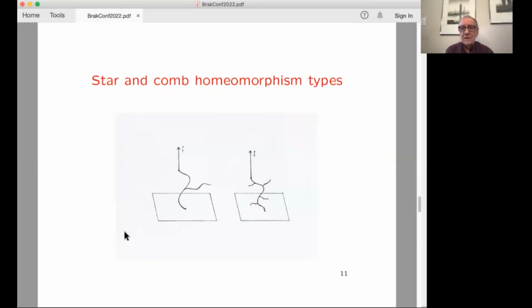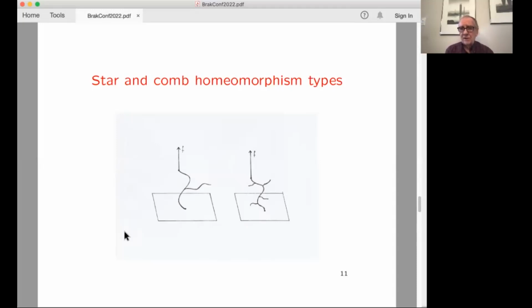And the picture on the left is a 3-star. So I have one vertex of degree 3, 3 vertices of degree 1. One of those degree 1 vertices is anchored in the surface. And the force is applied at a different degree 1 vertex to pull the star off the surface. So again, all of the vertices of the star can interact with the surface, and the force is applied to pull it off the surface.